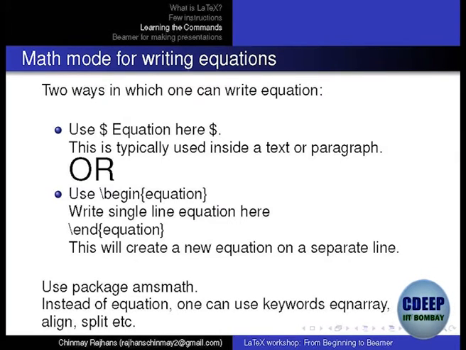Just write in your file US dollar, A, US dollar. Go to next line, write begin equation, enter A, enter end equation. Just write this, and hit run. You should see A and A. Nothing else will come. Just simple 2 A's will come on the right hand side. Just write this.